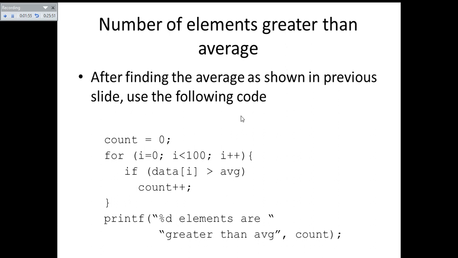Once you complete all these for loop iterations, you are going to execute one more printf statement where you print percent d elements are greater than average, that is count. How many elements are greater than average is nothing but the variable count. Suppose count is incremented 5 times, then your logic will automatically say that you have 5 elements which are greater than average. So you have to print count in place of percent d. For that we write printf of percent d elements are greater than average, comma count.